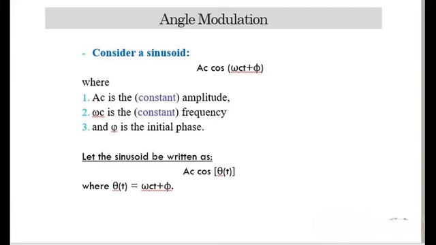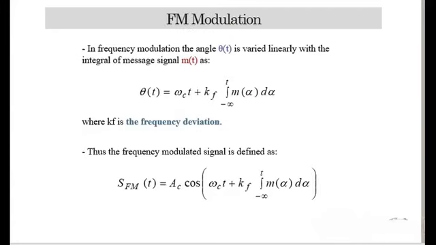The angle modulation can be written as φ(t). The modulating signal is defined as s(t) = Ac cos